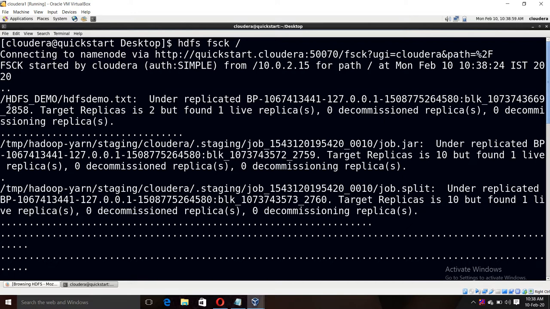I have one Hadoop demo directory. Inside that I have HDFS demo.txt, which has a total of 2 replications. I have created 2 replications for that, but because we are using a single node cluster, at a time only one replication is live. So one live replication is over here, right? The second is there, but it is in dead mode, or inactive mode. We call it inactive mode, but 2 replications are still there. One is active and the second is inactive. Why is it inactive? Because we are working with a single node cluster. If we are using a multi node cluster, both replications should be live,